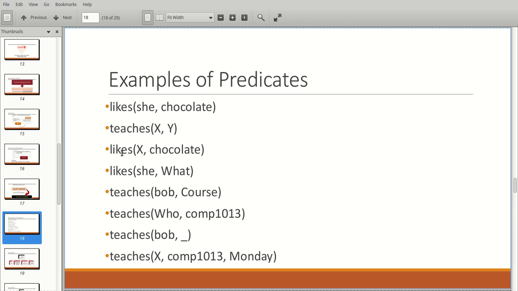Then you have x likes chocolate, she likes what, Bob teaches a course, who teaches COM1013, and x teaches COM1013 on Monday, for example. Most of these consist of two arguments and one function, but the last one has three arguments and one function.